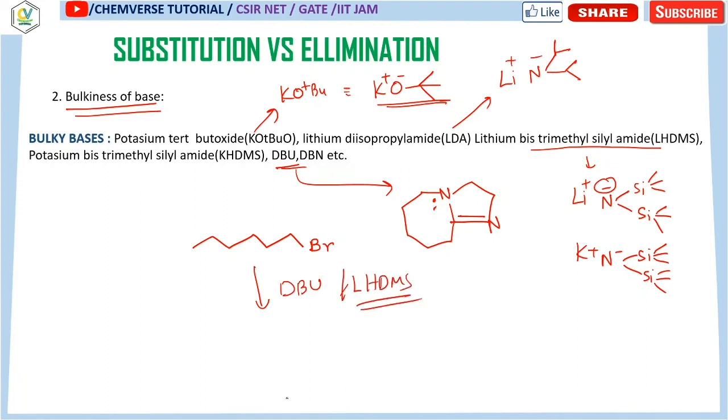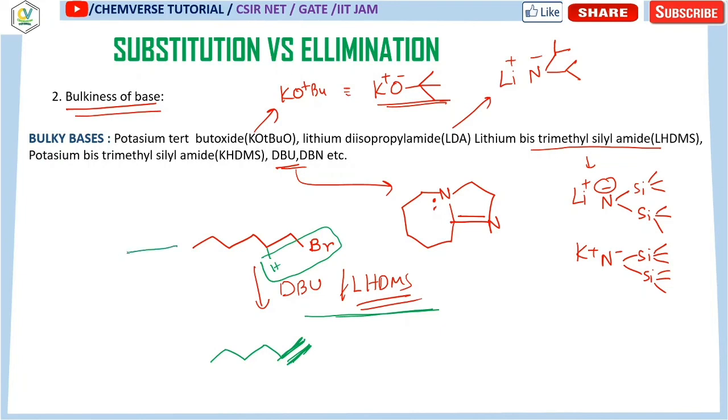So what we can see over here is that I am getting an elimination product from this one. Suppose there is a hydrogen. Now the removal of this HBr occurs effectively, so it will give this kind of product. I'll discuss the detailed mechanism of elimination reaction in my next video. So over here, when this kind of bulky base is used, elimination is favored.